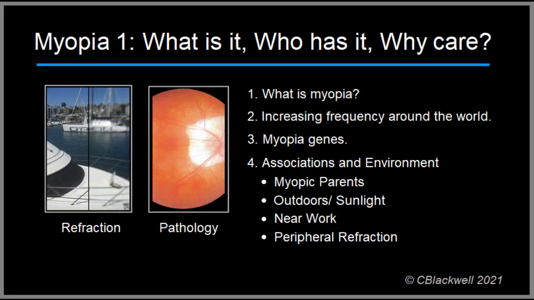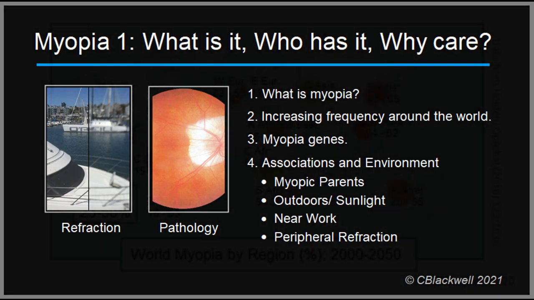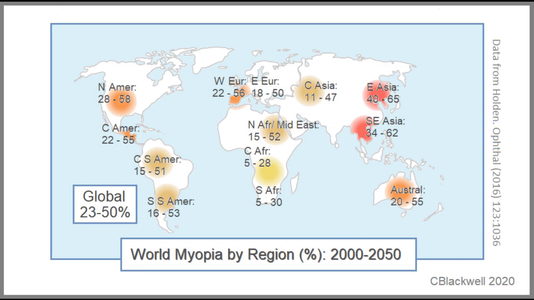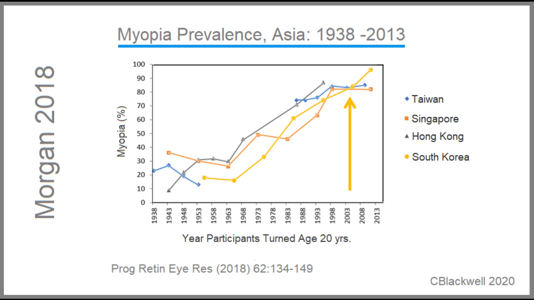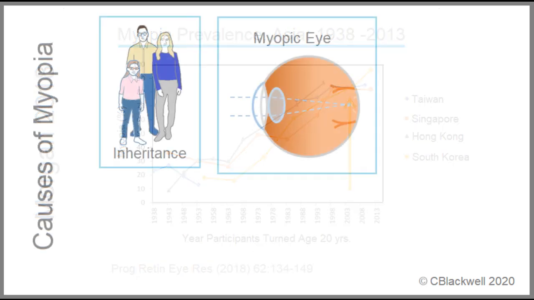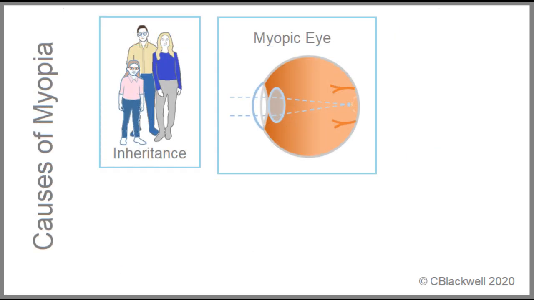Now, we are ready to summarize the key points of Video 1. Myopia is increasing around the world, particularly in Asia. We know that genetic background accounts for basic susceptibility, but it doesn't explain the whole picture. Researchers believe the prevalence is increasing faster than can be accounted for by changes in gene frequency. There must be other contributing factors.